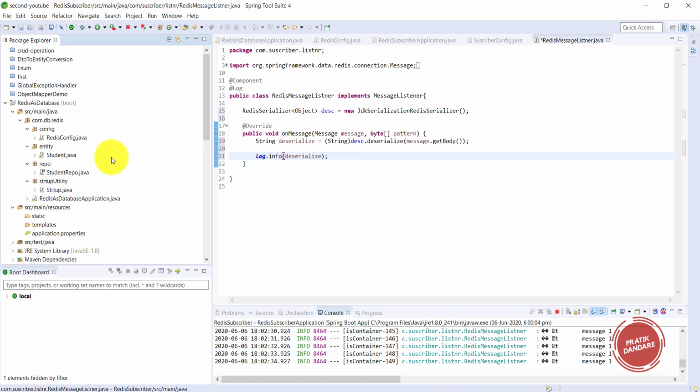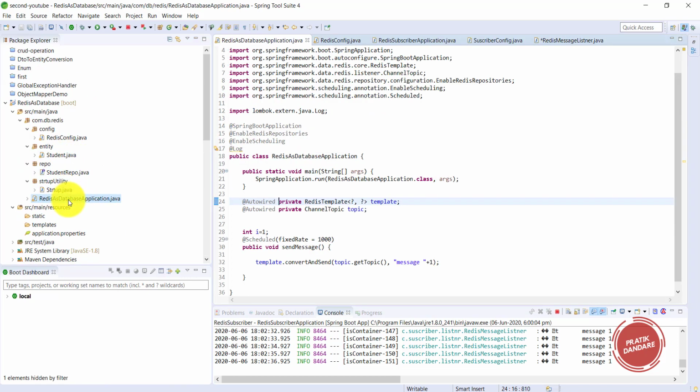I want to make one more change: whenever I'm sending a message, it is a normal int, so I'm making it static. If it is static, it's going to increase by one, because whenever we get a message here it would otherwise print message one, message one, message one. Let's run both.